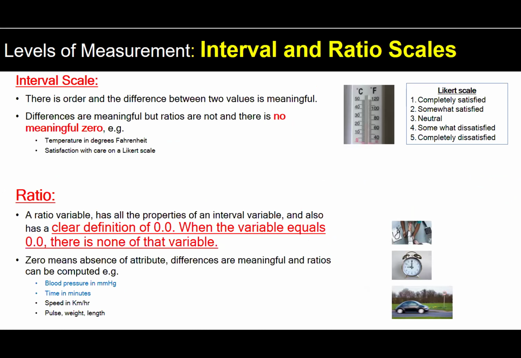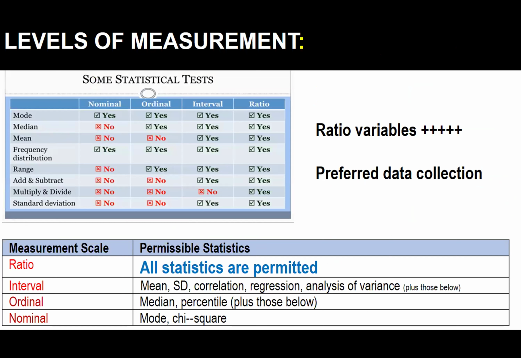The preferred data is interval data and ratio, and as I told you, the most preferred is ratio. With ratio data, we can do all the statistical analysis. We're able to do the central tendency statistics: the mode, the median, and the mean. We're able to calculate the range. We can multiply, divide, and subtract. So this is the preferred method of data collection. It's true that there are certain data which can only be collected in the form of categorical variables, but we prefer to have it in the form of ratio.